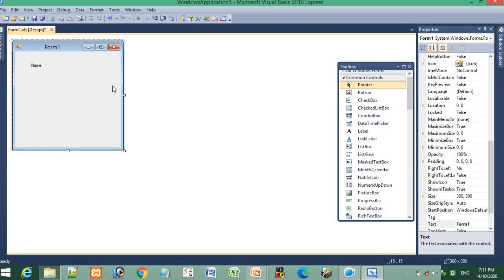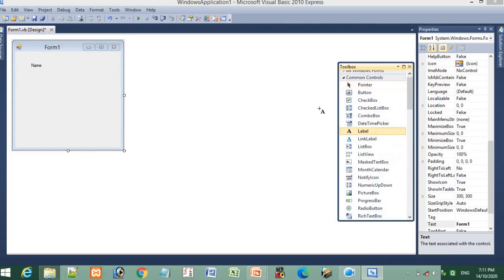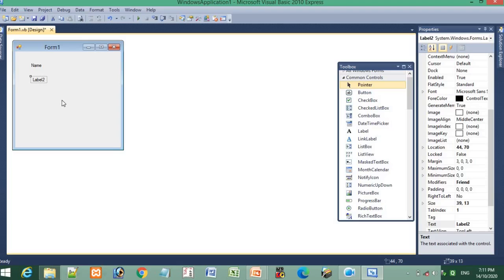Now in the same way I want another label, for subject. As I told you last time, we are going to calculate the result of a student. So we are creating a result over here. Same thing I am doing that I did last week. Just after name, I have taken here Label2. This label is for subject. Like I am giving here the name English,